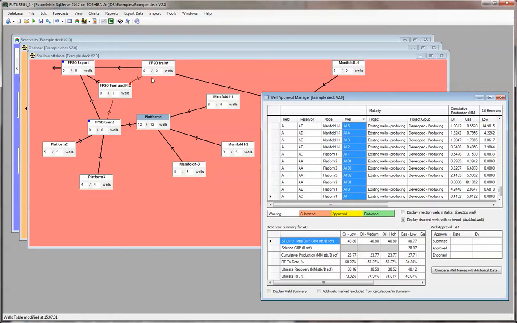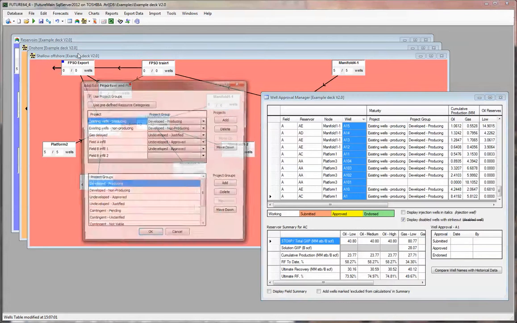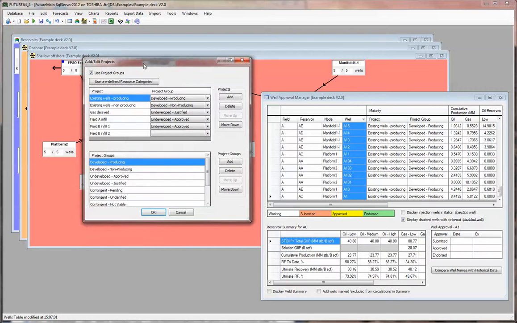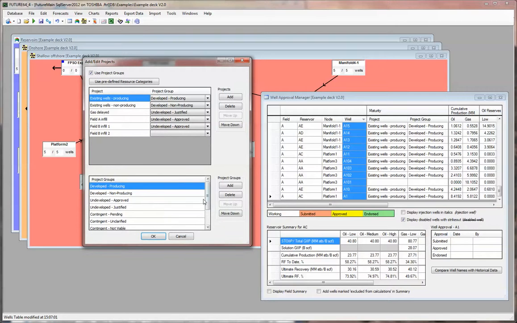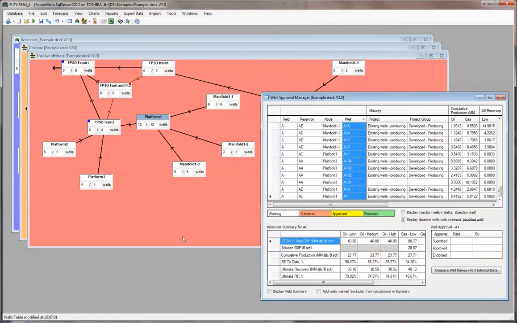So recapping briefly, for this you want to define an appropriate set of projects, which are groupings of the wells. And you can use the project groupings if you want to have multiple projects that are in a common category. You assign the wells to the appropriate projects, and